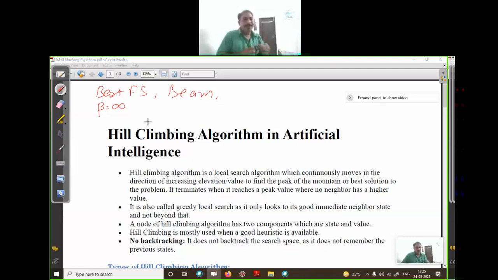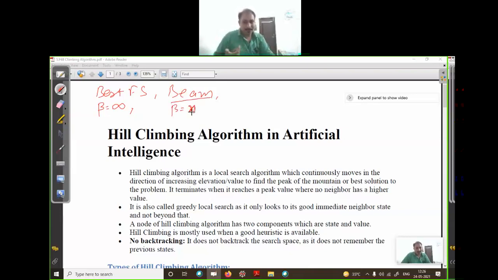Okay, if we're not able to find the goal in the current branch, we will backtrack and look for the goal in the remaining branches. If there is a goal, we will stop. Otherwise, we will look for our goal in the other branches which are not explored or which are present in our queue. Where the value of beta is infinite, it depends on the branches of that node available.